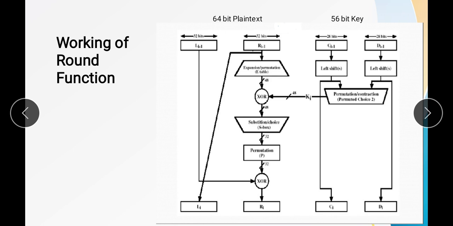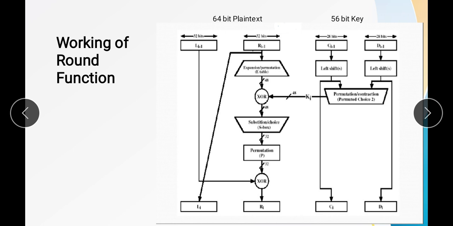Now what next, we have to perform an XOR operation. For that, the first input is our 48-bit output of the expansion, and the second will be the key, that is key 1 for the first round. But how to get that key?